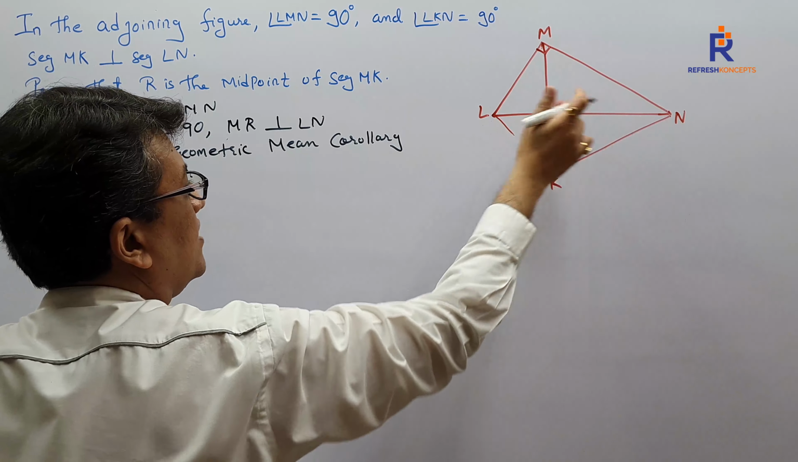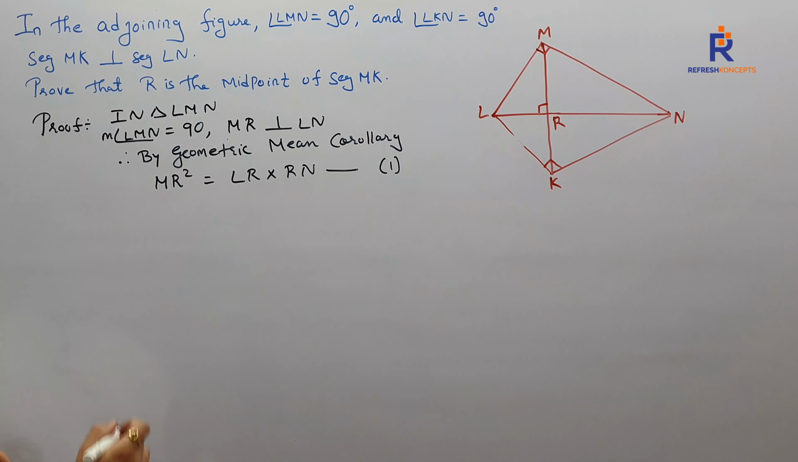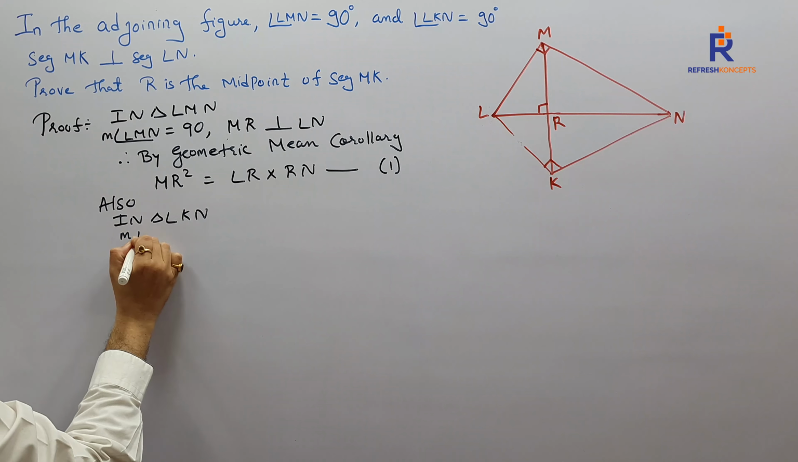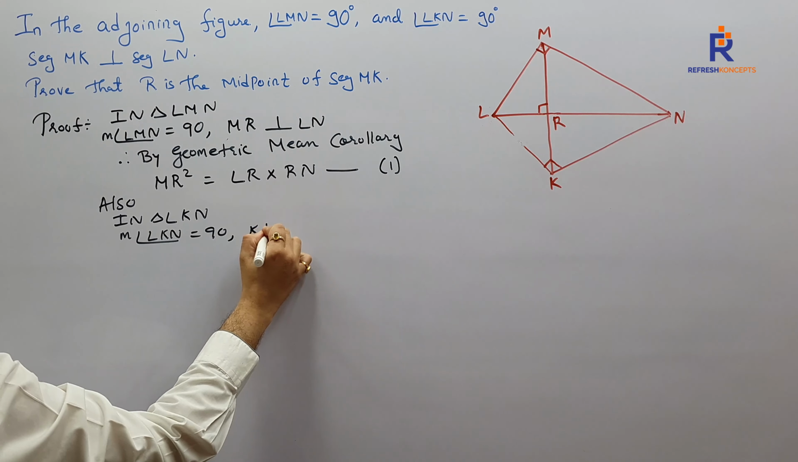By this time, there are many who have guessed the answer. Sir, now what are you going to do? You are going to hide the above triangle and focus on the lower right angle triangle. Earlier, I focused on the above right angle triangle by hiding this one. Now I hide this one. Same stuff, no change whatsoever. In triangle LKN, again, measure of angle LKN is how much? 90 degrees. Moreover, KR is perpendicular to LN. So by the geometric mean corollary,